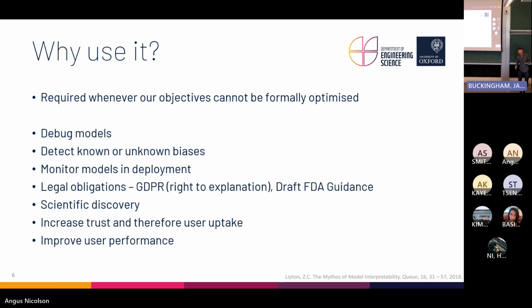Probably my favorite example of why you might want to use it is scientific discovery. If you have a model which works better than humans and you can understand that model, that means you can learn things from that model. So in what I do with medical applications, if you can get something which does something better than a doctor and you can understand how it does that, then you can teach the doctor. That would obviously require a really interpretable model for you to be able to learn something new. In an ideal case where we have a perfectly interpretable model, we understand how it works perfectly, then you can learn things from your data.